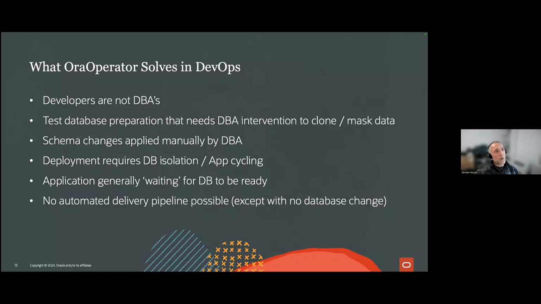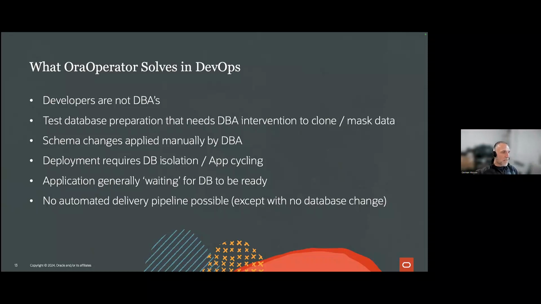So this is what OraOperator is trying to fix here. They don't want, as I mentioned before, integration by the DBA or to wait for specific things to happen, because that could very well be a big problem when you need to coordinate that with automation processes, right? Kind of go manual there.